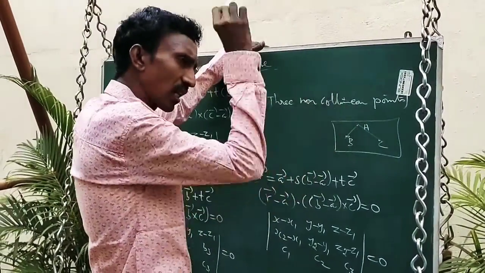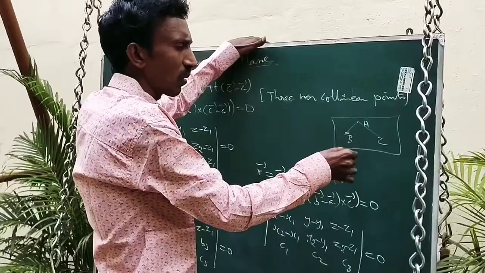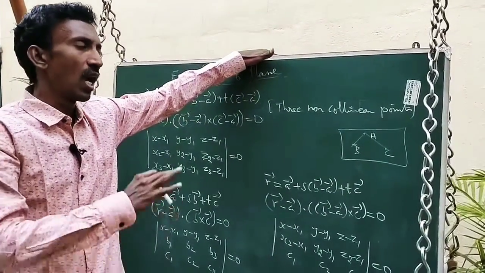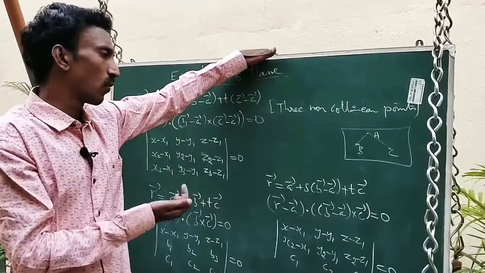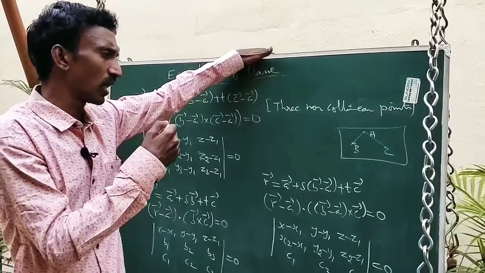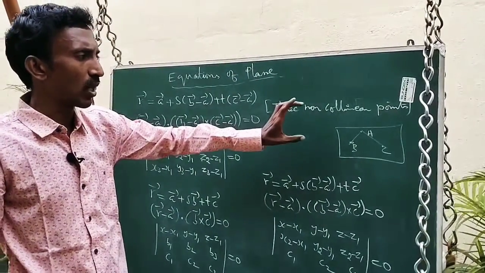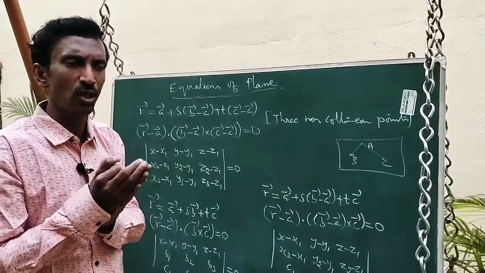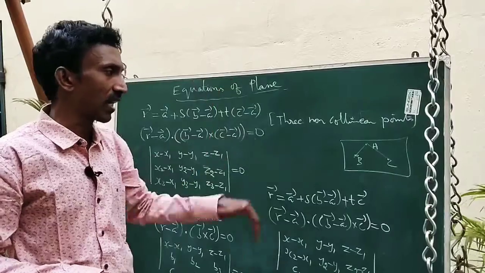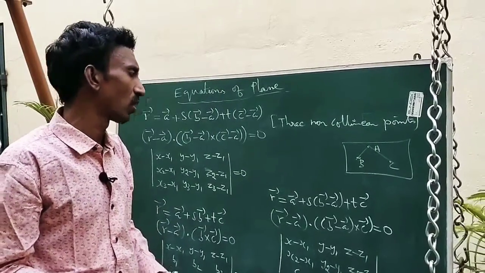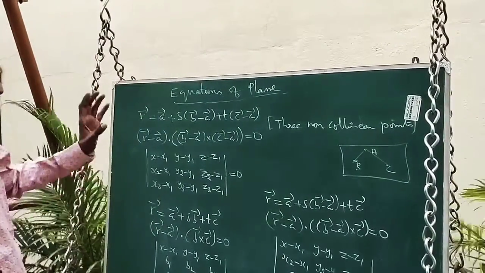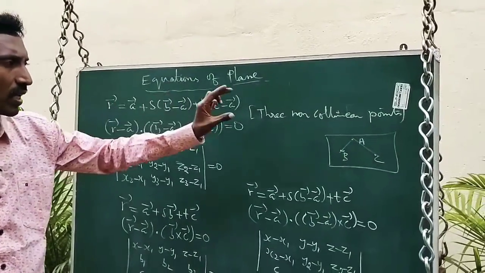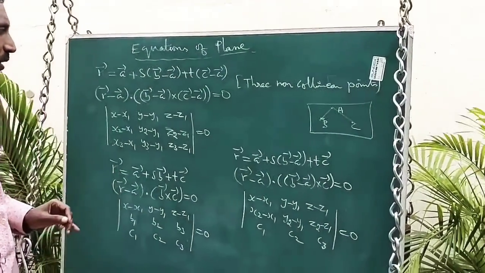Again, as in the previous one, if we use the perpendicular concept, we can derive the equation of the plane. You can go through your book. The proof is very easy, but go through it. With the use of the perpendicular concept, perpendicular means the dot product of two vectors is 0. Using that concept, they derive the equation; just verify it in your textbook. Now the first type is the equation of a plane when three non-collinear points on the plane are given.